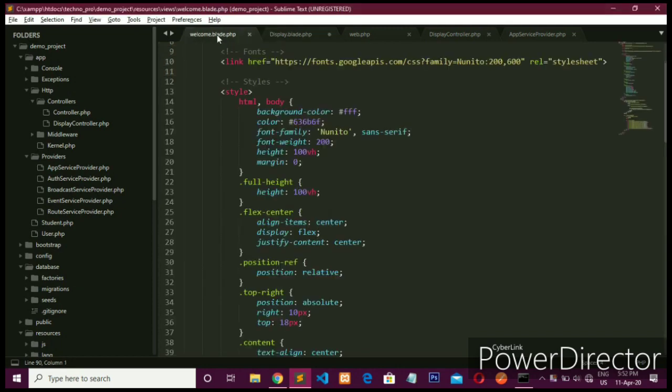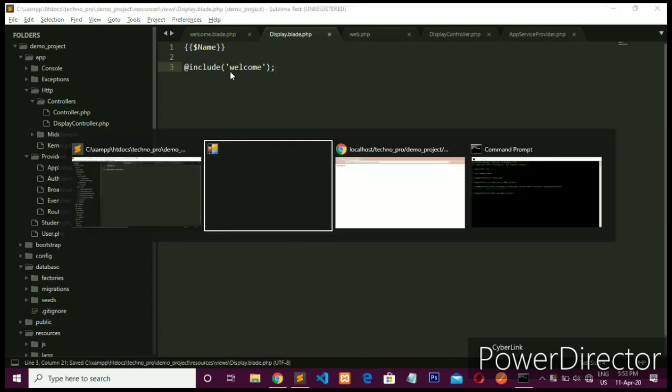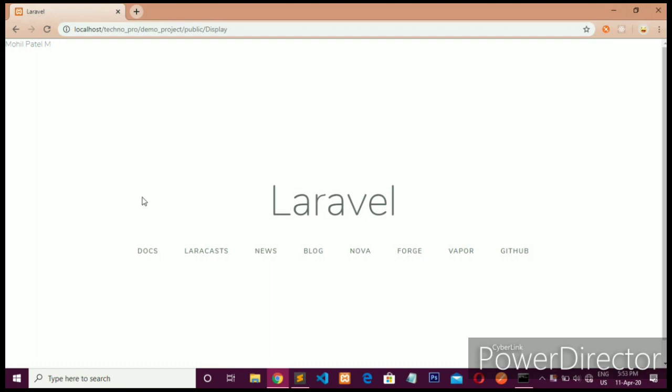Suppose I want to add this code into my display file. So write @include and the file name. Okay, save it and run this file. Here you can see this, your welcome file code is running in our display file. So that is the use of @include.